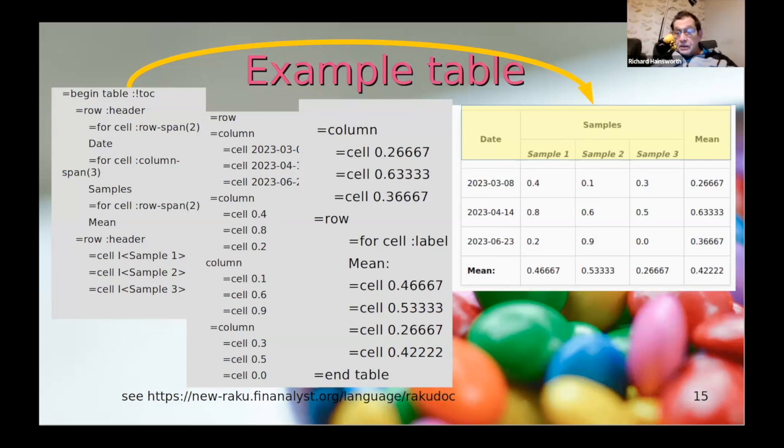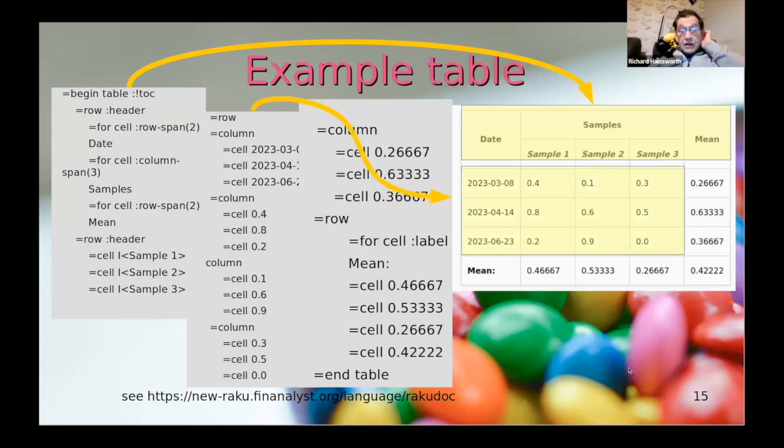And then within the samples, which spans 3 columns, you have sample 1, sample 2, sample 3. So you've got the ability to have something spanning 2 columns. Date spans 2 rows, sample spans 3 columns. And then the next part to it is